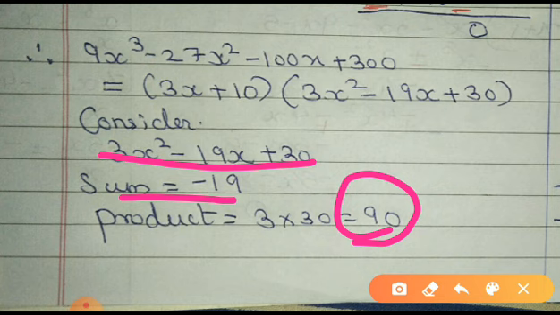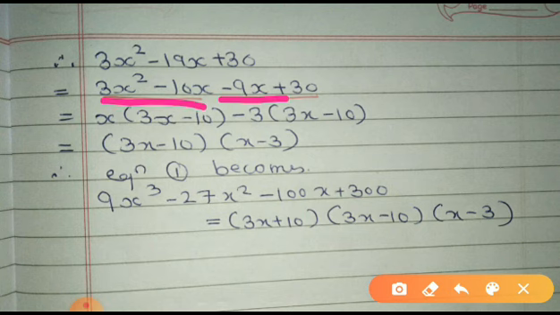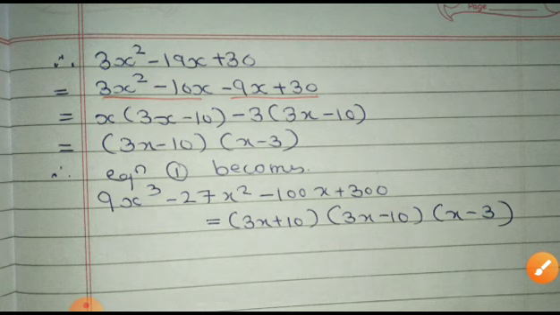Yes. Again, product is positive but sum is negative. That means both the signs should be negative. And hence, you will be getting the factors as minus 9 and minus 10. So just simplify it. Okay. Now here only x is common. So I'll be taking x outside. 3x minus 10. Again from here you can take minus 3 outside, change the sign inside. Okay, so we'll be getting it as 3x minus 10 into x minus 3. That is the factorization of that quadratic polynomial.